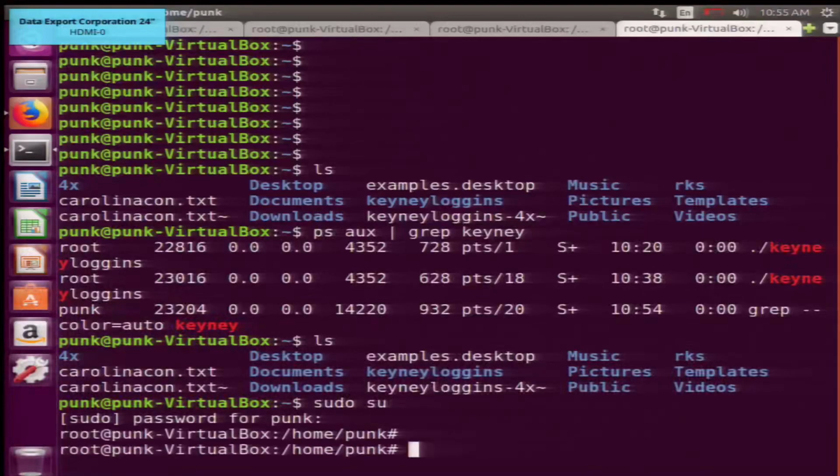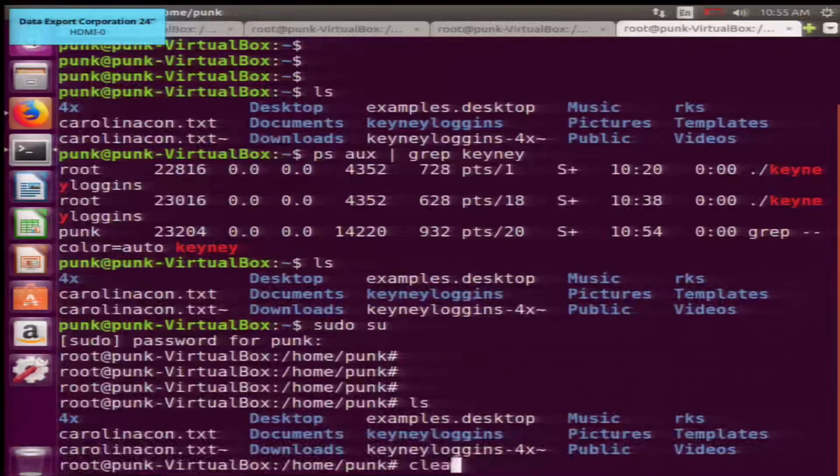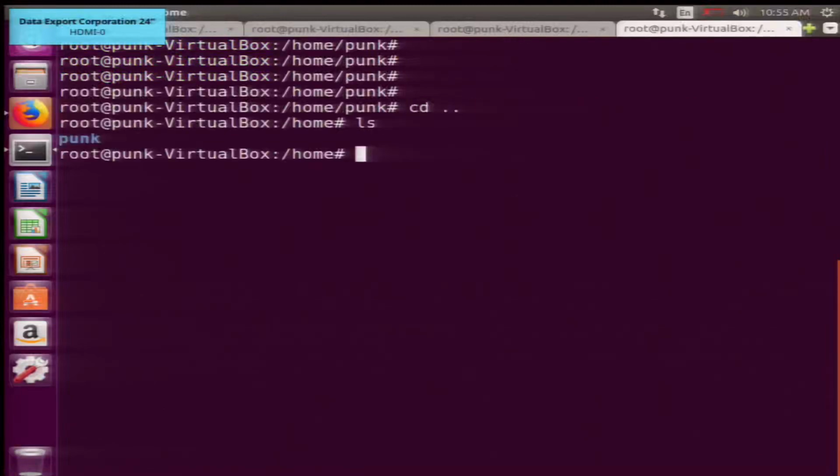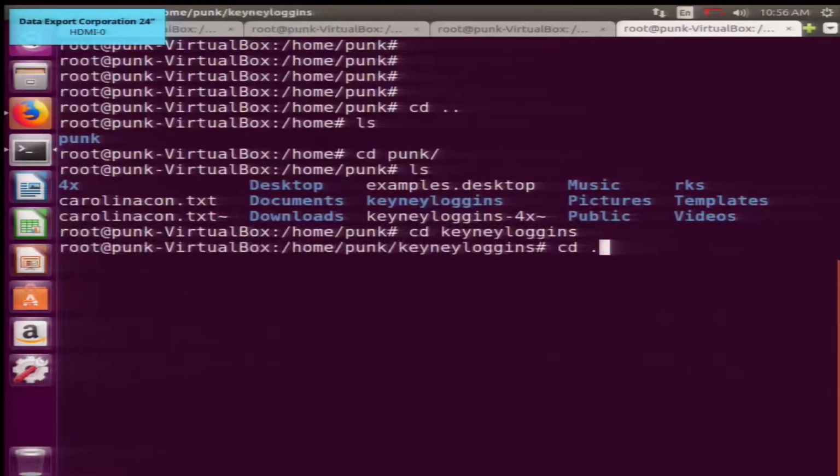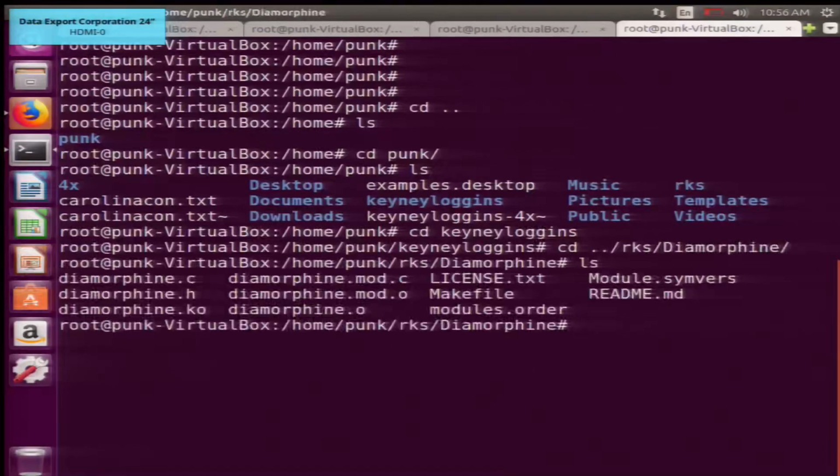It keeps me working. Okay, so let's see what we can do with a rootkit. Nope, that's not what I wanted. I was going to show you Diamorphine, heroin. You knew heroin, cool. All right. In order to actually use this kernel module, we have to use a command called insmod, which is just insert module.